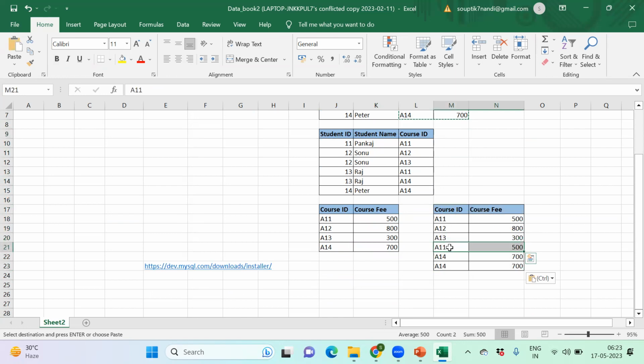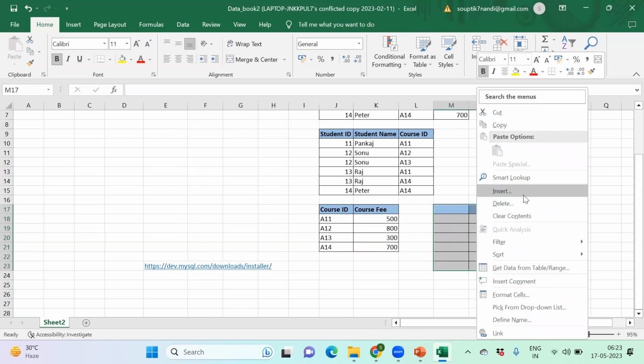That's why we need to remove the duplicates as well, as for the first normal form. So it should be unique in nature: the course ID along with the course fee. What particular course should be having what particular fees? So the course fee cannot be dependent on the student ID. Course fee should be always dependent on the course ID. So in the second normal form, we will be only maintaining